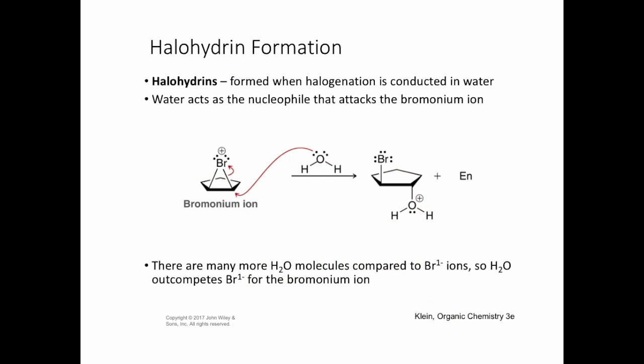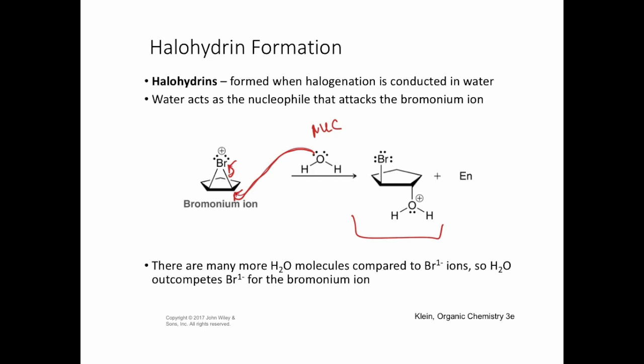So the mechanism for the first step is identical to halogenation. You form that bromonium ion. But instead of the bromide attacking and adding in the second step, here water does that. So water will be the nucleophile. So you draw an arrow from a lone pair on water on the oxygen to one of the two carbons of the bromonium ion. And whichever carbon you attack, the bond between that carbon and the positively charged bromine breaks, and the two electrons in that bond form a lone pair on that bromine. So now you get to this molecule, which then will lose a proton in a subsequent step to get to